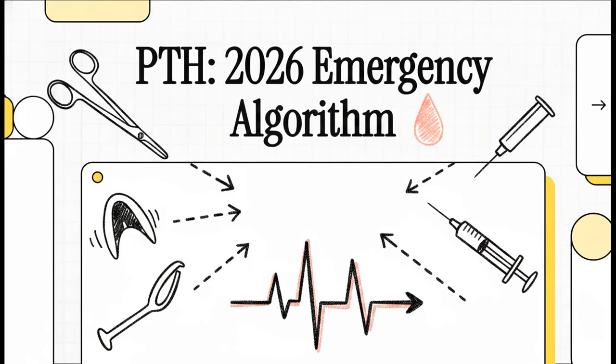Welcome to this explainer. When a patient presents with a bleeding airway, there is literally no time for second guessing. You need a comprehensive, ordered approach. So today, we're going to break down the definitive 2026 emergency management algorithm for post-tonsillectomy hemorrhage, or PTH. We're going step by step, strictly by order, mapping out exactly what you need to do and precisely when you